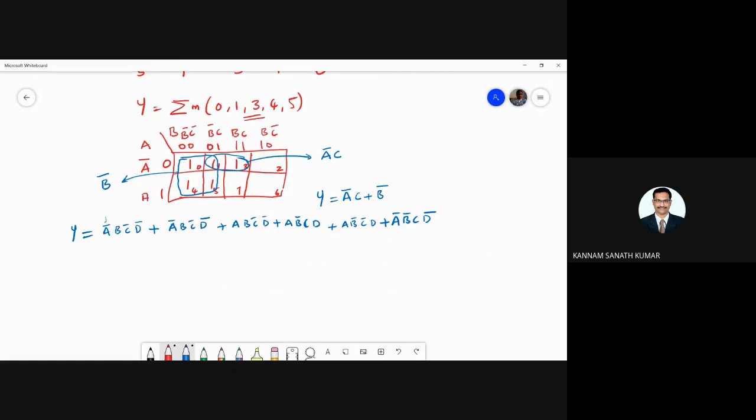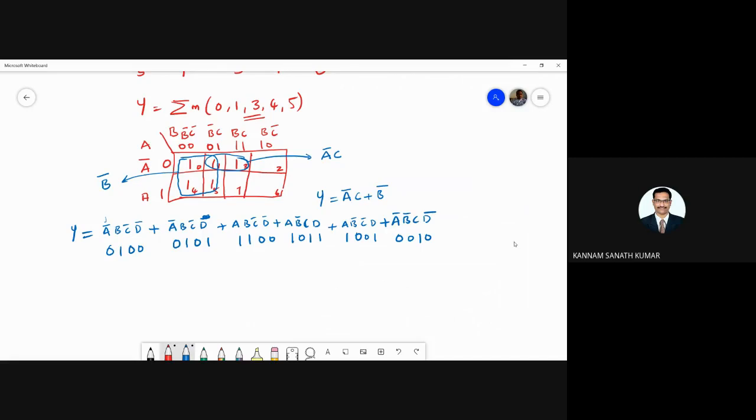So if you convert this into binary, what you are getting is 0 1 0 0, and here D bar is not there, this is true form, 0 1 0 1, 1 1 0 0, 1 0 1 1, 1 0 0 1, and next 0 0 1 0.